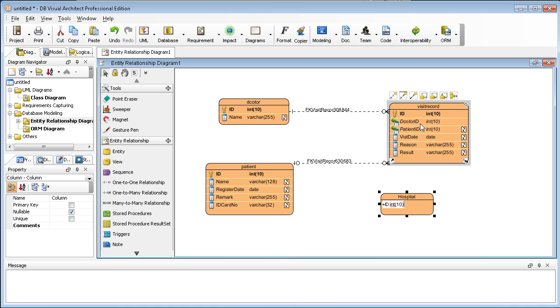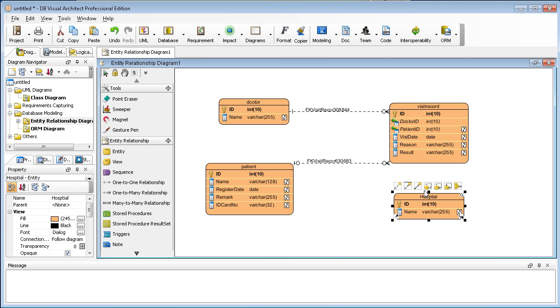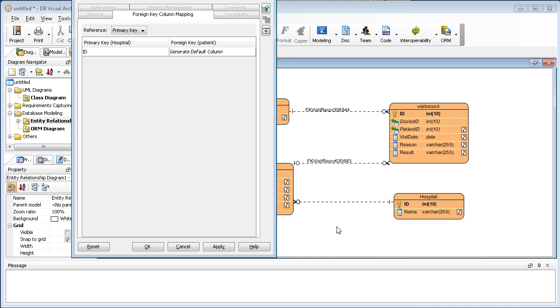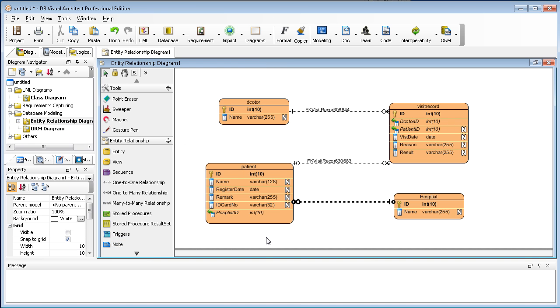It's an int 10, and there's a column for the name of the hospital. It is name, and it is a varchar 255. And the hospital contains a lot of patients, so it has many patients. Then it creates the foreign key, just click OK.